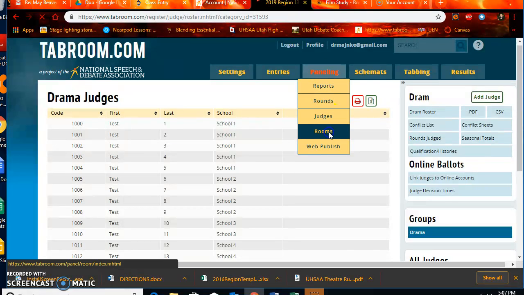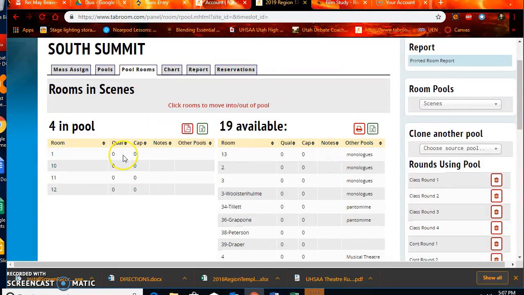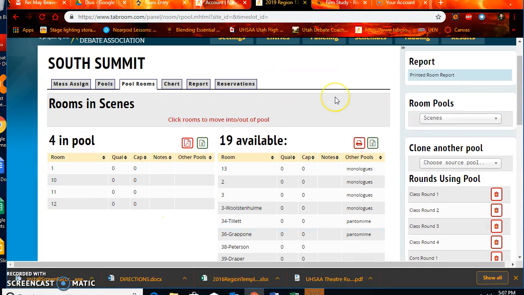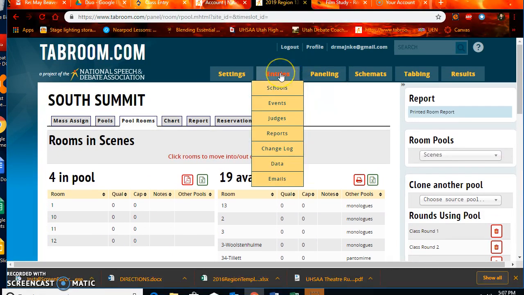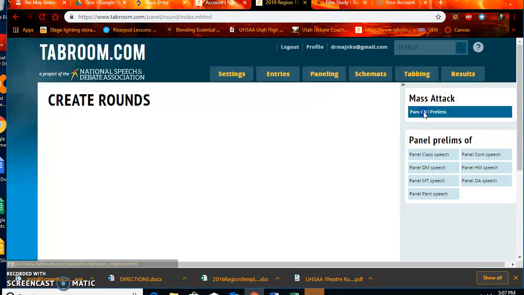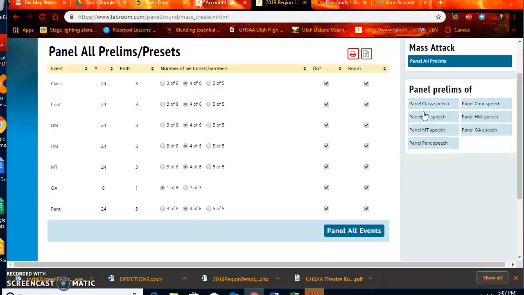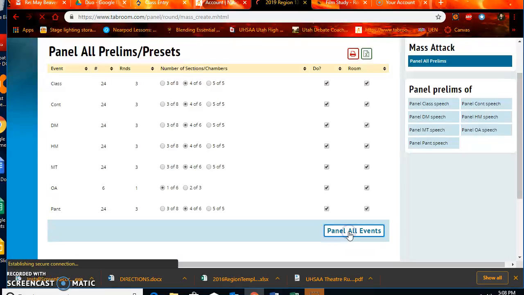I've gone in and put in rooms, so I know that I'm going to have these rooms for different events and things like that. And then, like I was showing you earlier, we go into here to rounds, panel all the prelims. I'm going to do, we got 4 rooms of 6 because I've got 4 rooms of everything. 1 act, 1 of 6, pantomime, 4 of 6. I hit panel all events,